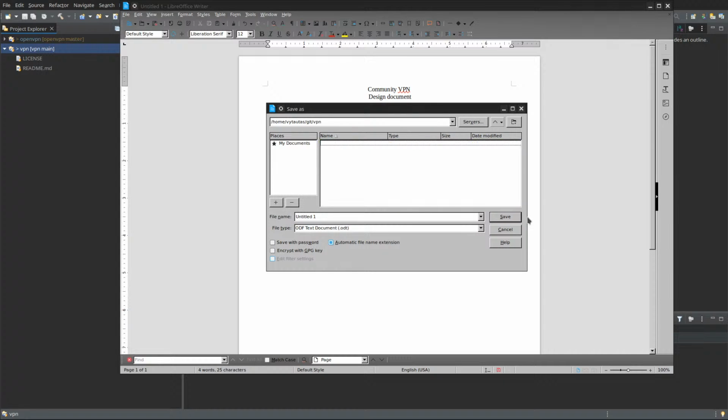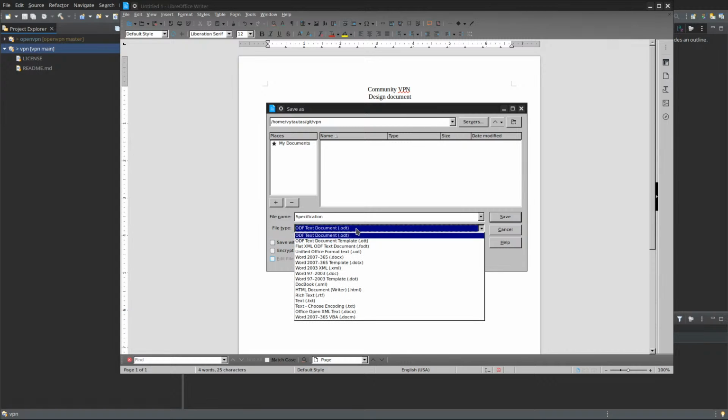And specification. I think ODT is the best. Or maybe so much choice.